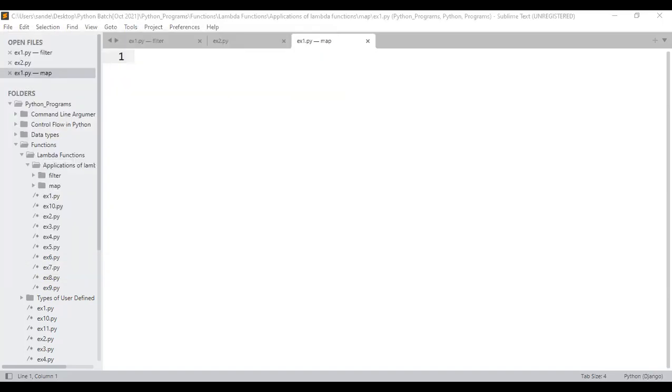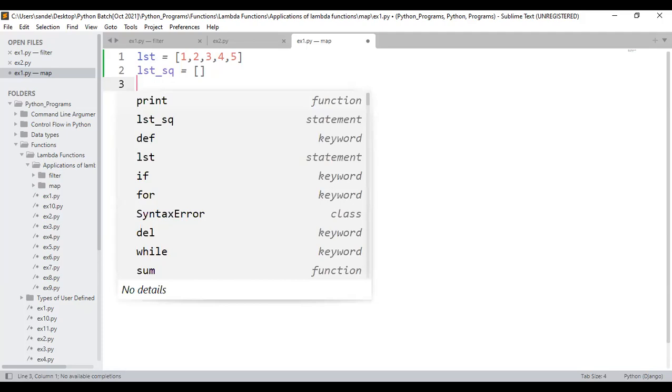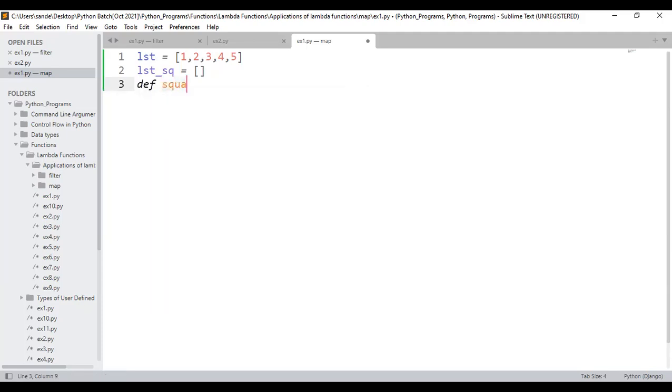In the normal function approach, I have to create a function. First, LST is 1, 2, 3, 4, 5. Next, I'll consider an empty list, LST underscore SQ. Next, I'll define a function to calculate the square of the given list. I'll pass LST here and apply the loop: for i in LST, append the data to the empty list.